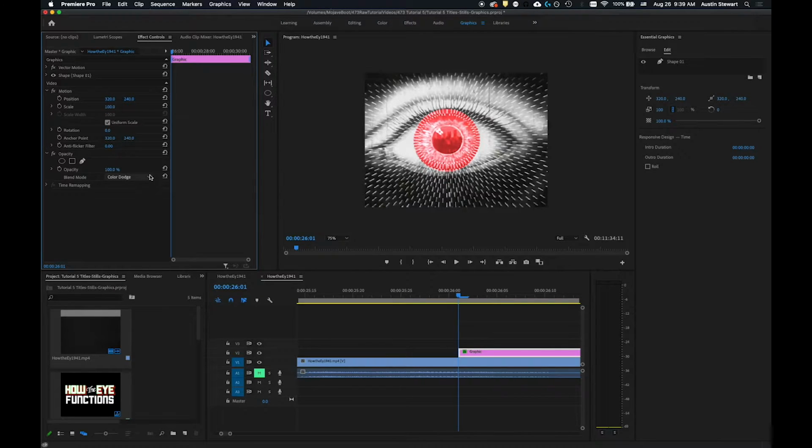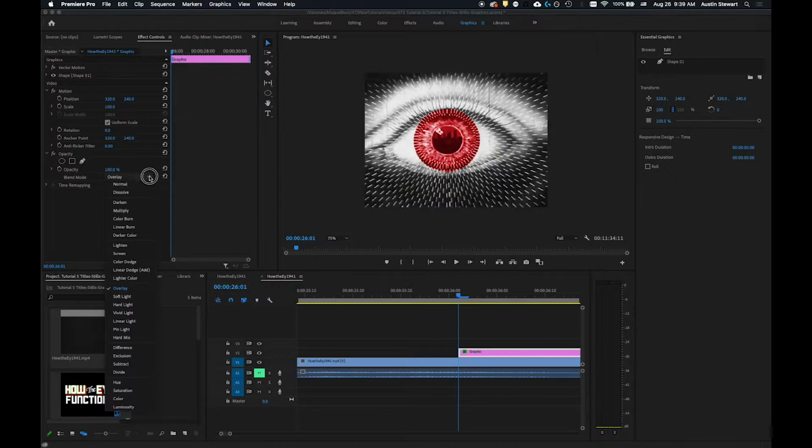Obviously, it doesn't matter which we do in order to make this happen. I'm really happy with overlay. I really like the way that looks. It really helps with the painterly feel of the eye. So now I've got this graphic, this circle,